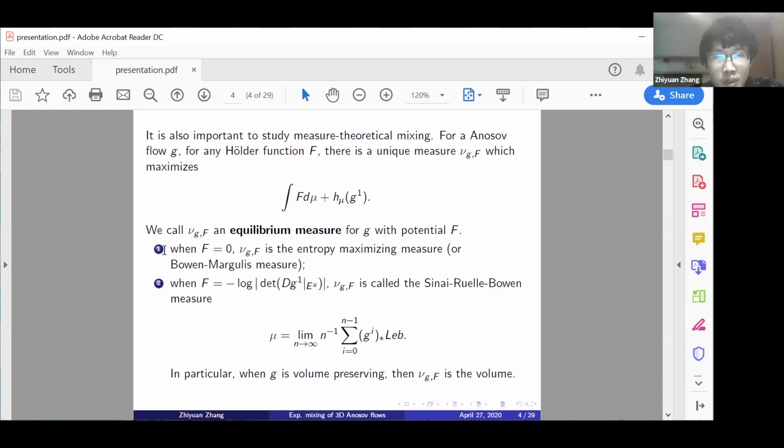So when F equals 0, this is the entropy maximizing measure, or the Bowen-Margulis measure. When F equals this thing, mu_{g,F} is called the SRB measure. So it can also be defined in this way. So for this Anosov flow,